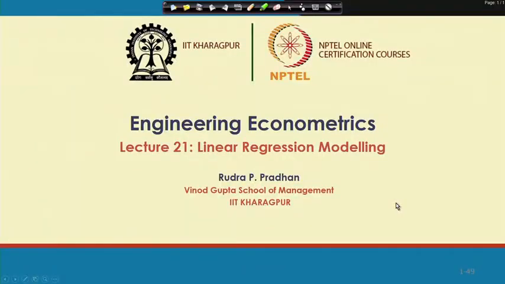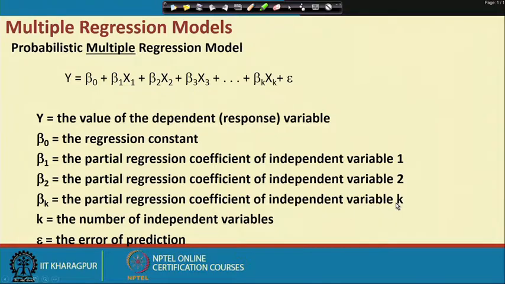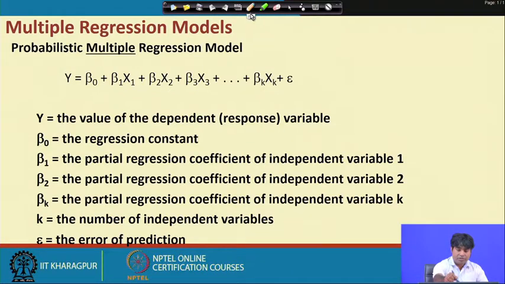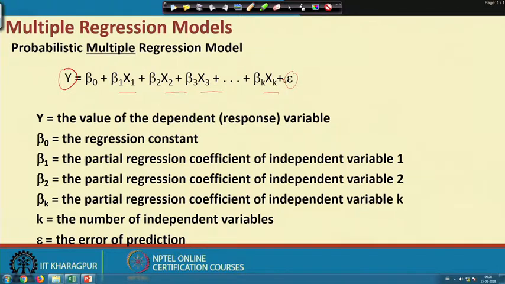So usually the multiple regression modeling will be like this. Here we have a dependent variable that is called y, and a series of independent variables starting with x1, x2, x3 and xk, and then by default there is a requirement of error terms.